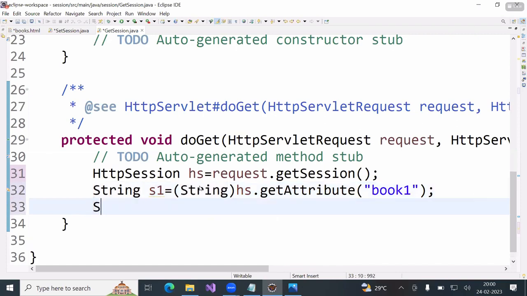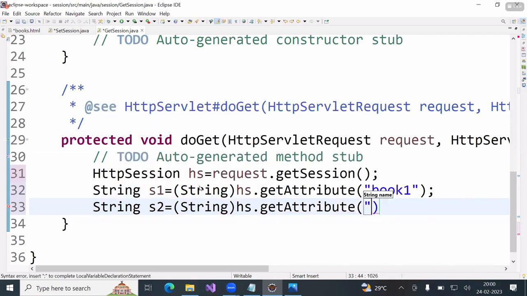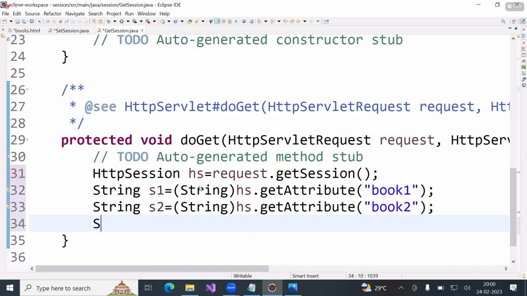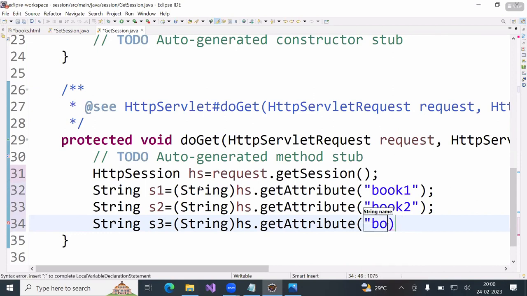Next, same style: String s2 equal to (String) hs.getAttribute("book2"); String s3 equal to (String) hs.getAttribute("book3"). Okay. Now